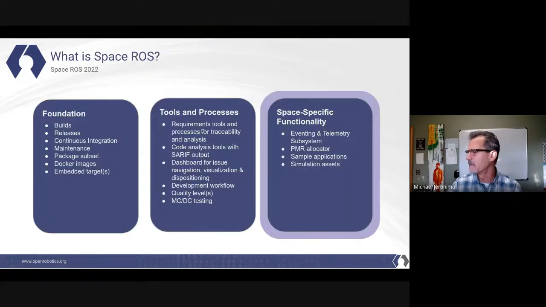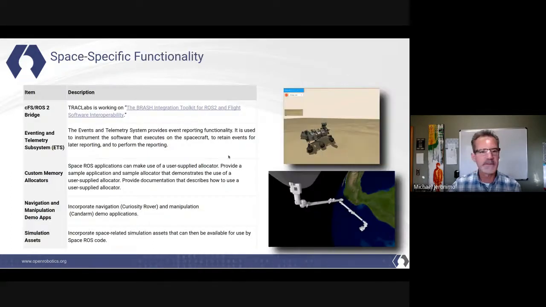I won't go into that one, but on the space specific functionality, that's basically what we're doing on the tools and process side. A lot of requirements, a lot of static analysis, visualization of the results. And on the space specific side, a really cool and important one is the CFS ROS2 bridge. I mentioned that CFS is quite readily used on the flight system, so we want to bridge an open source